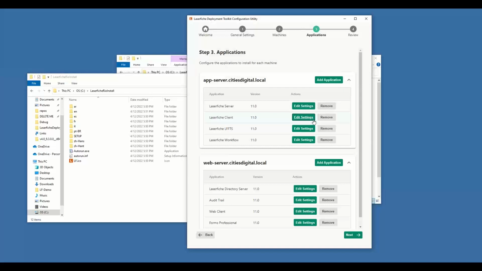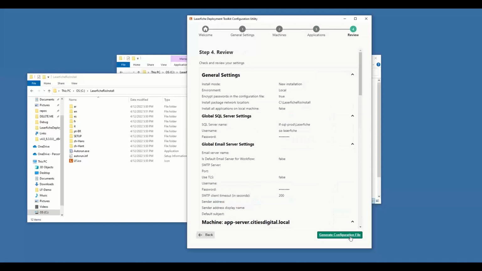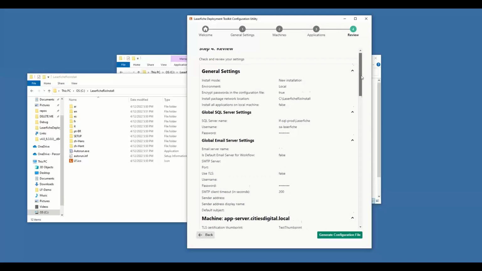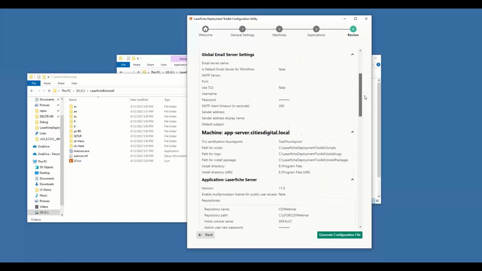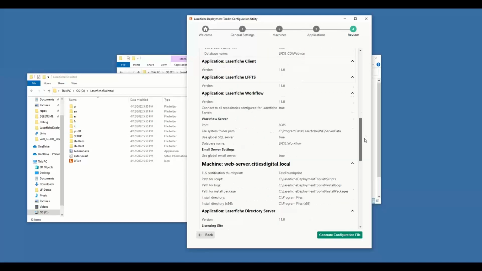We'll click Save to add our application. And when we select Next, this will bring us to our review page. And here we can review all of the settings that we have configured. If everything looks correct,